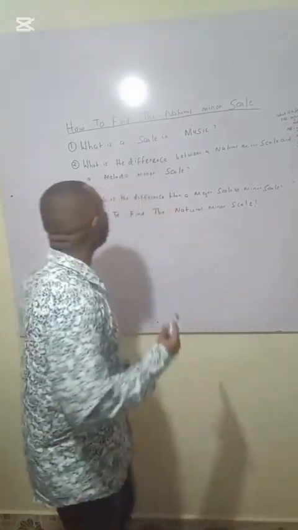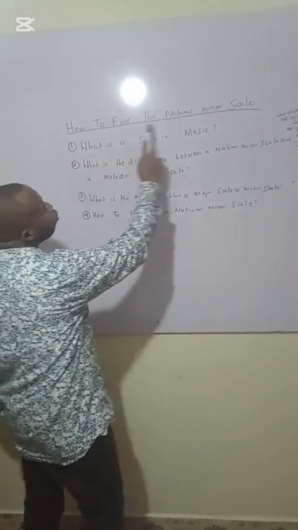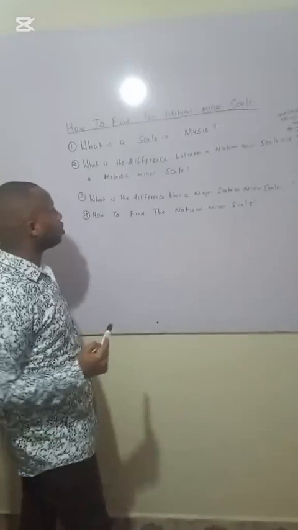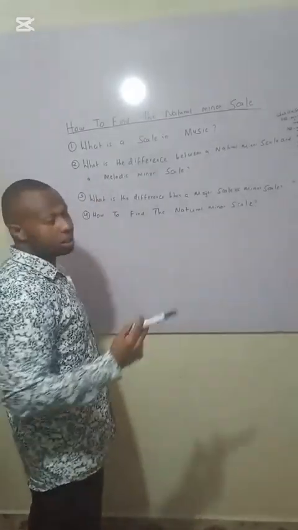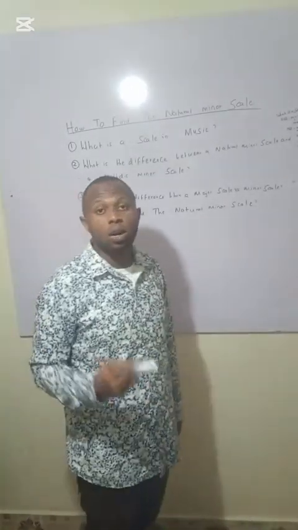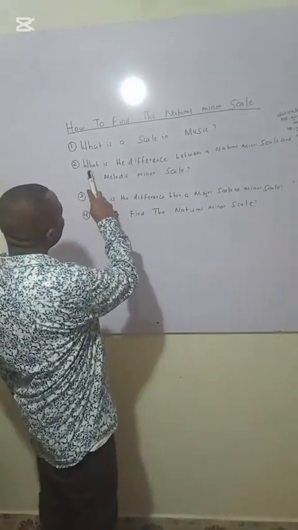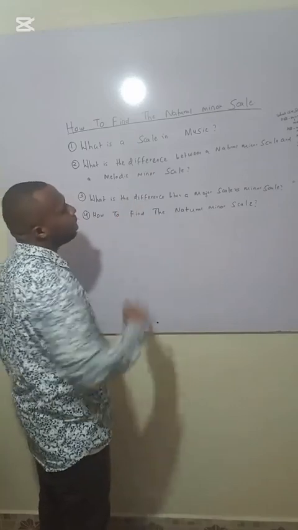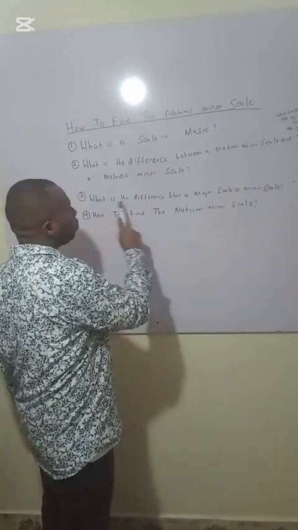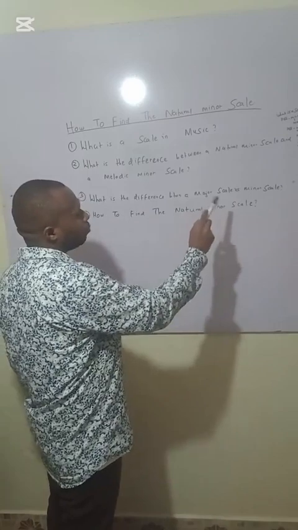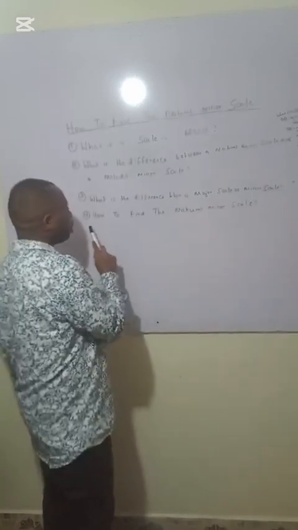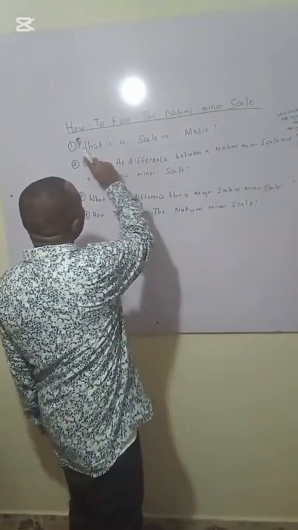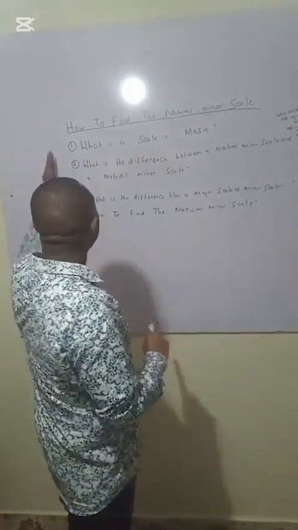So guys, in this lesson, we're going to be learning how to find the natural minor scale, and we're going to be answering 4 questions. So the first question is, what is a scale in music? So we're going to be understanding what is a scale in music. Then the second question is, what is the difference between a natural minor scale and a melodic minor scale? Then the third question is, what is the difference between a major scale versus a minor scale? Then the final question is, how to find the natural minor scale. So guys, I want us to understand how to find the natural minor scale, and I believe these questions are